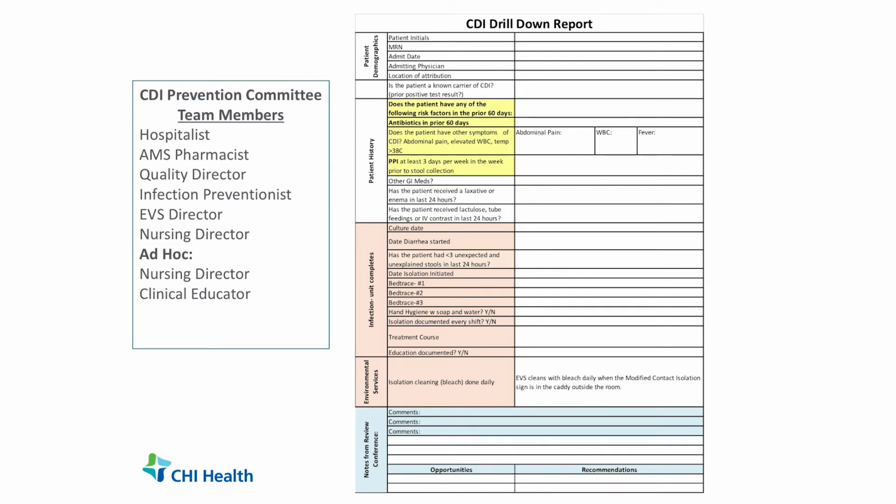Our EVS staff always follow what the caddy says in the doorway. As soon as the caddy goes up and they have up that the patient's in, we call it modified contact isolation, and it has a brown sign, then they know that means they have to use bleach wipes in the room. Everybody has to wear gown and gloves, and it's always hand washing coming out of the room, and they always use bleach wipes in the room. So that's the key to everybody, that's when that switch happens.